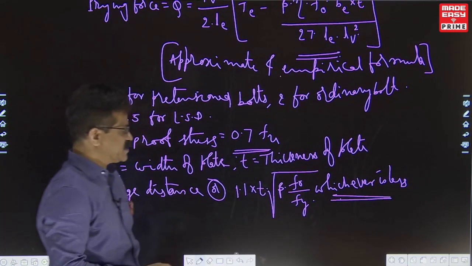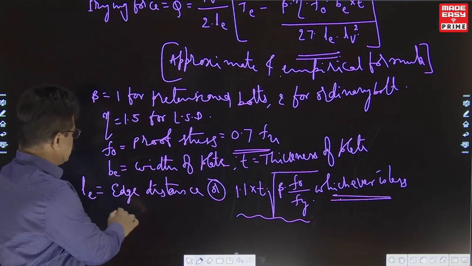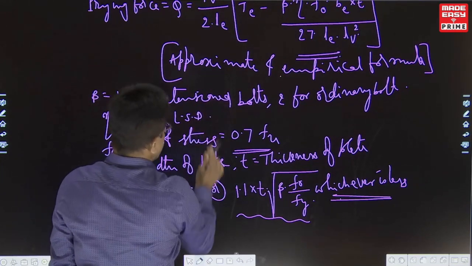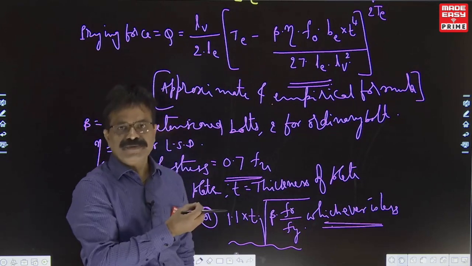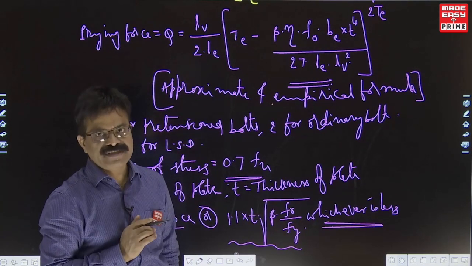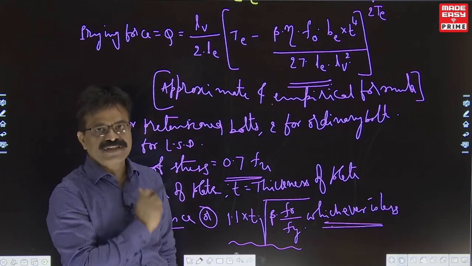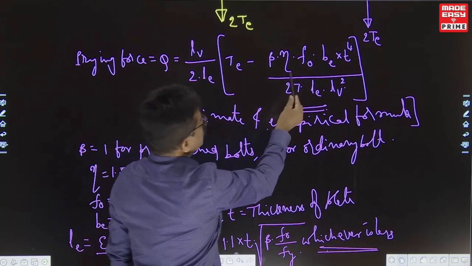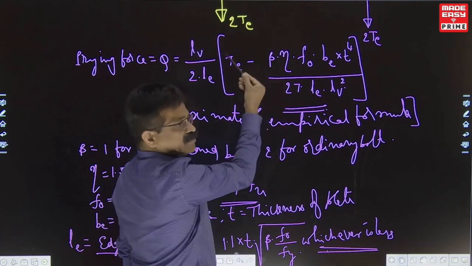This is what the code book has given, but we don't have to use it. General edge distance we take, problem is closed. In the exam, it's a 20 marks question, you have only 4 or 5 minutes. To check whether it is safe or not, we will make 2 checks. Now see, in the exam, you will not know whether beta is pre-tensioned or ordinary bolt.